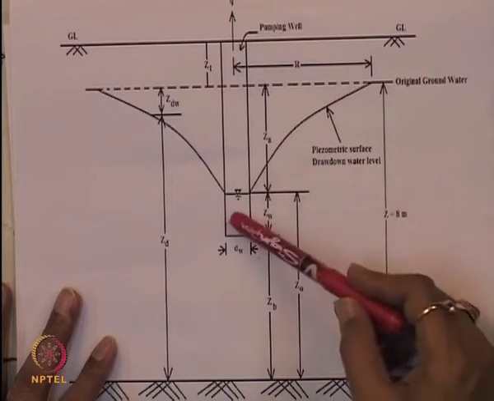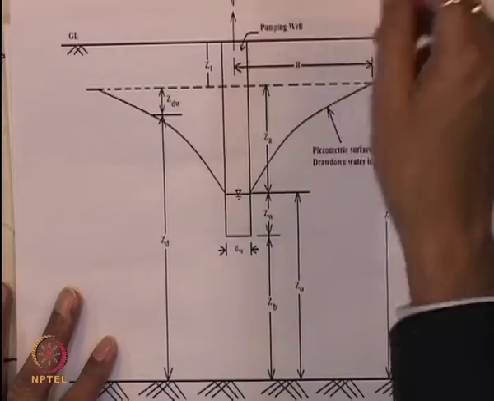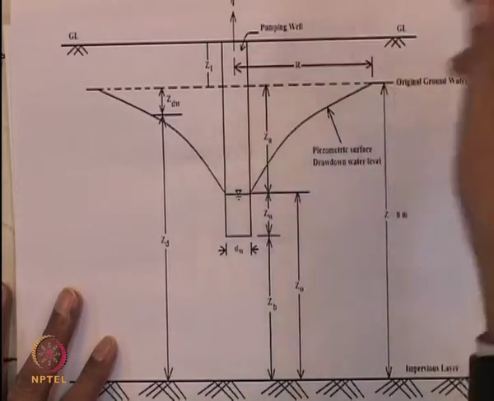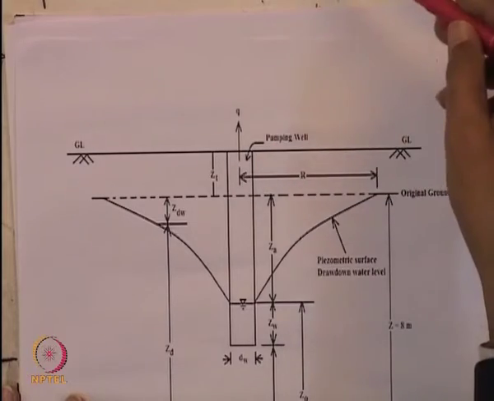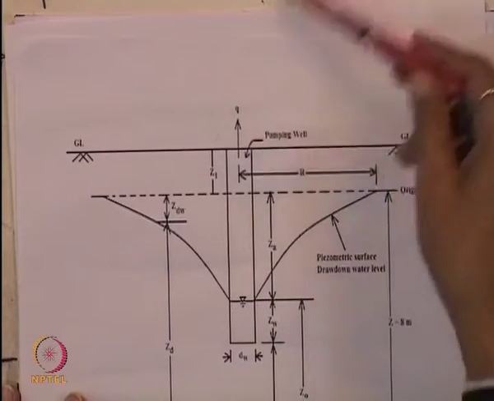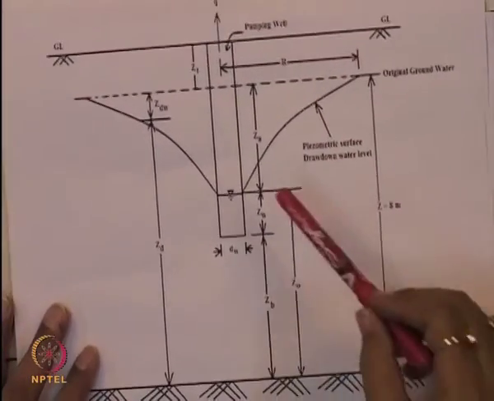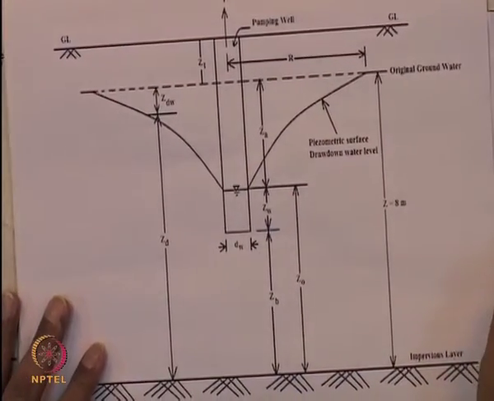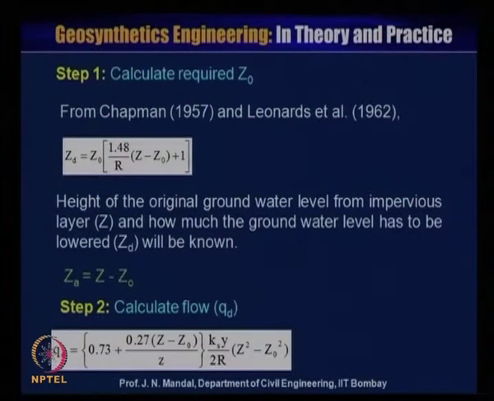and we consider that along this, the length of the drain is Y, and the coefficient of permeability of the soil is KS. Now, step 1, I am showing some theory